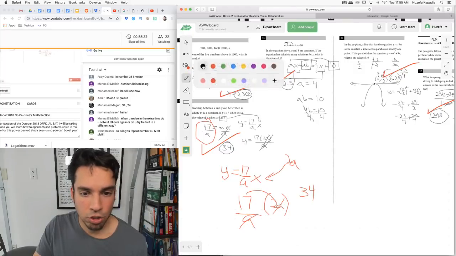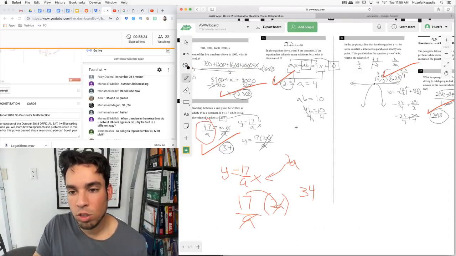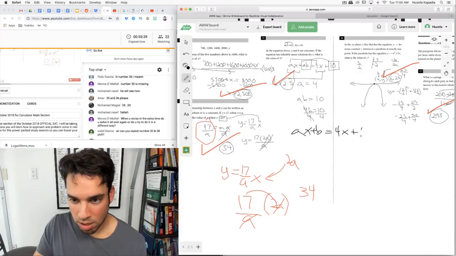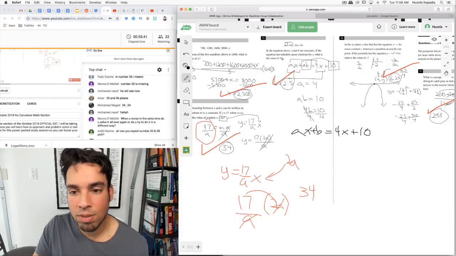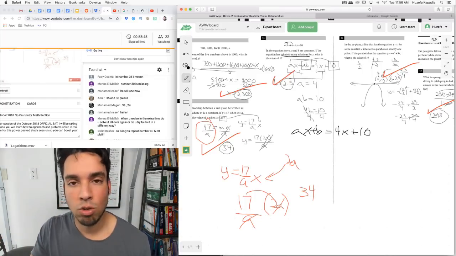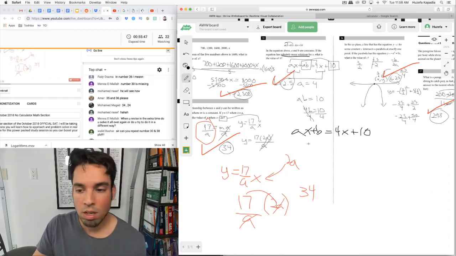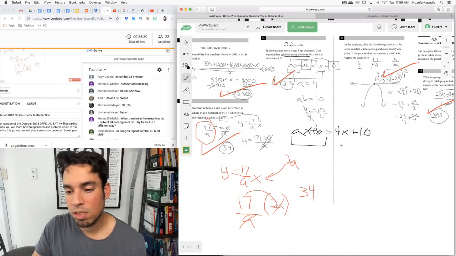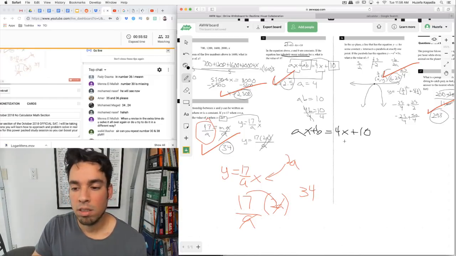35 is very much where we just distribute, and then once we distribute, we see that we have ax plus b equals 4x plus 10, and they say where this has infinitely many solutions. That's the key word. That means if it's infinitely many solutions, the two must have the same expressions on both sides. So this must be the same as this, and since the number 4